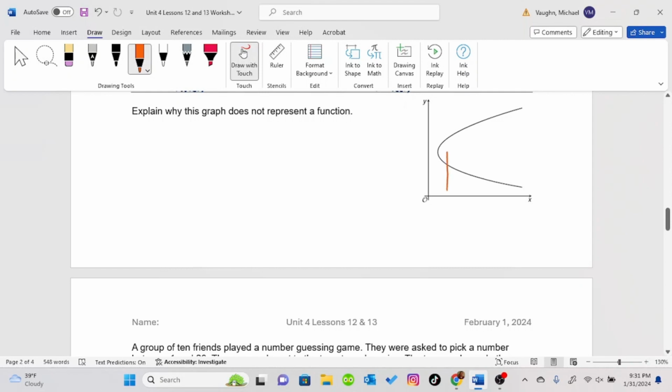So if I draw a vertical line right here, I hit this graph in 2 points. If I draw a vertical line here, I also hit this graph in 2 points. So this does not represent a function